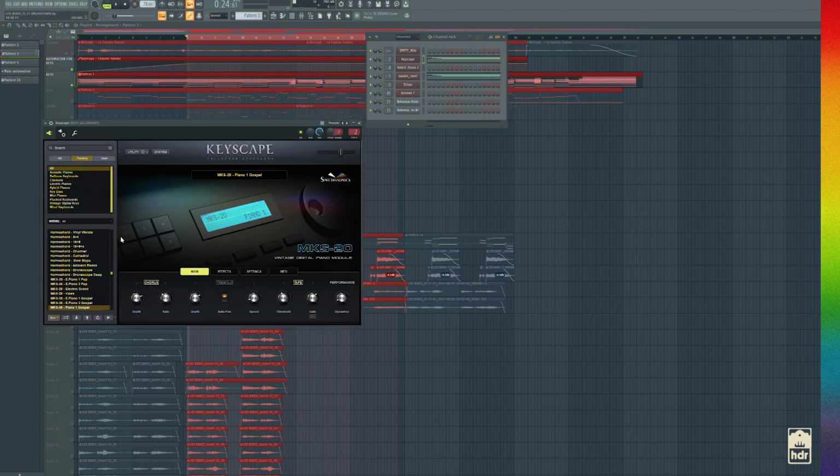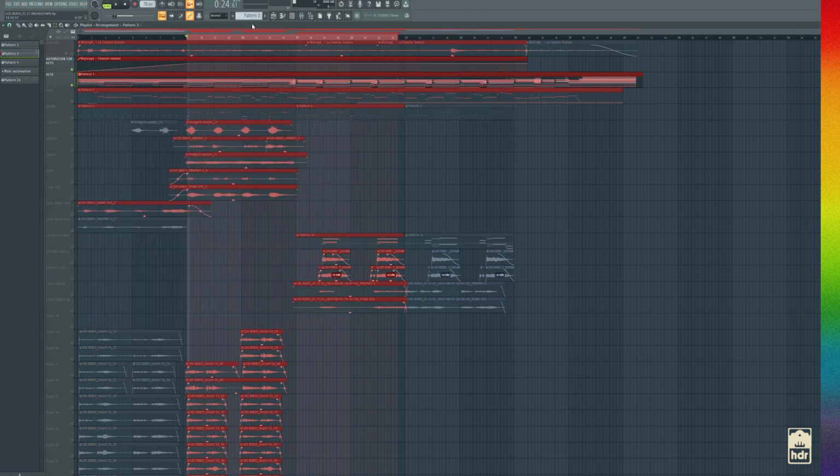and I ended up going with the electric piano, or the vintage digital piano, the MKS-20, the Piano 1 Gospel. I use this sound a lot for doing 80s type of stuff. And I use it for this as more of a secondary layer to beef up the original piano, but to add in some more digital and synth sound to it. So it was a good mixture of that natural and synthesizer, digital piano. And I'll play that for you now just to give you an idea what that sounds like stacked.